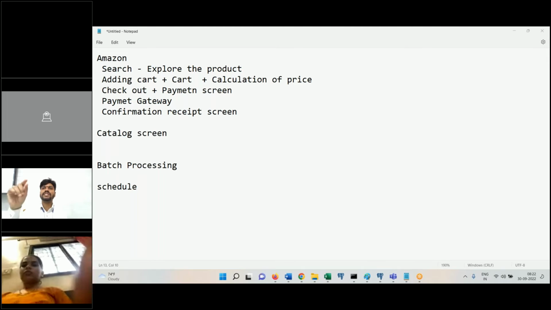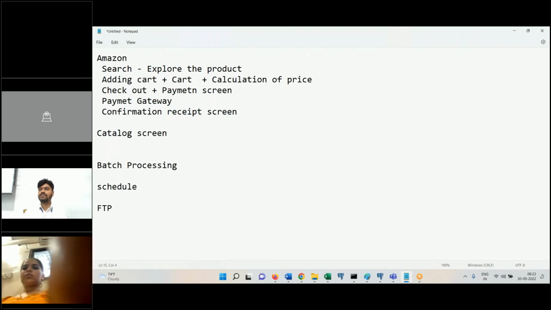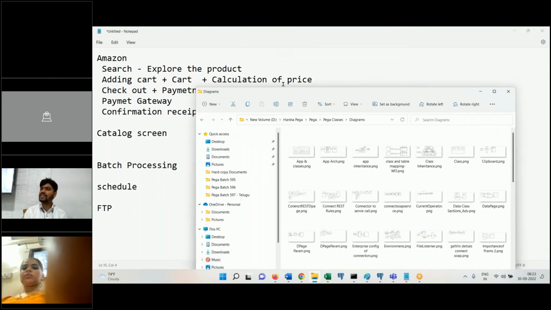After that, within that machine functionality, there will be another functionality called FTP. What is the meaning of FTP? File transfer protocol. Generally, if you don't know, no problem. It means this generated file will be transferred to another server. Simply speaking, this file will be placed on the hard disk of a server in some folder. The moment the file lands here,